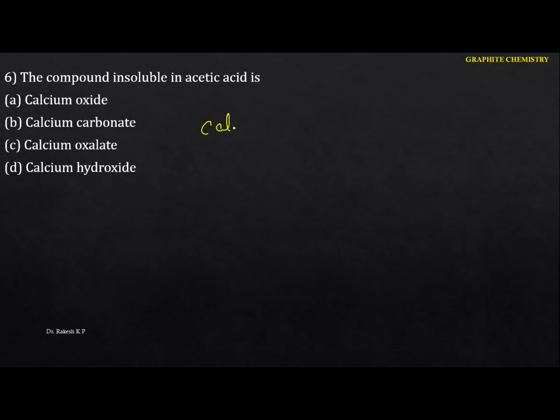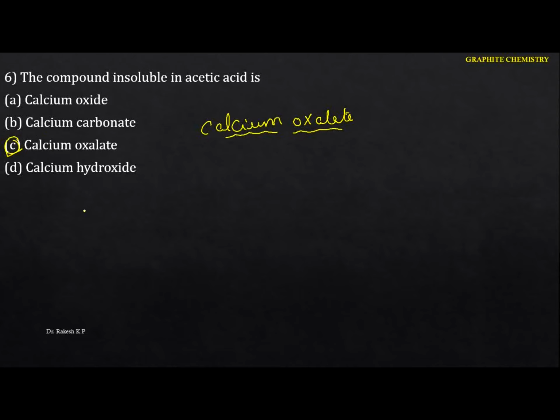So you just identify, especially in the salt analysis. For the detection of the calcium in the salt, we are going to add the ammonium oxalate. Whenever you add the ammonium oxalate, that reacts with the calcium ion, what does it form? The calcium oxalate, which is insoluble in the acetic acid. Because during the detection of the calcium, we are going to take the original solution along with the acetic acid. Then we are going to add the ammonium oxalate. You are going to get the calcium oxalate. Hence in this case the option will be the C.